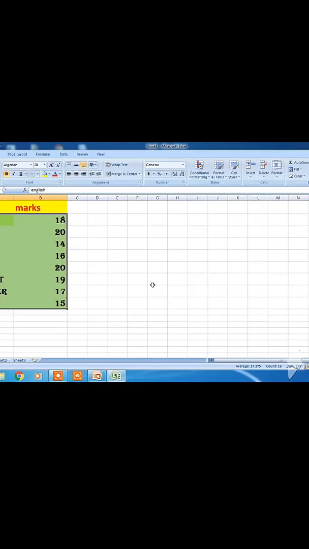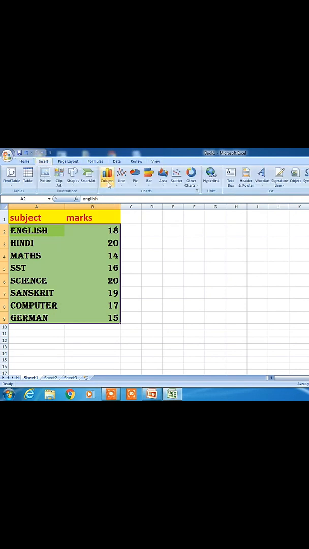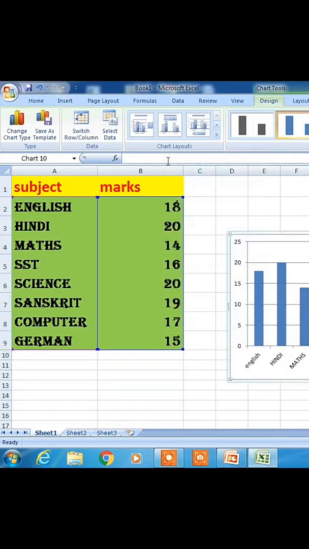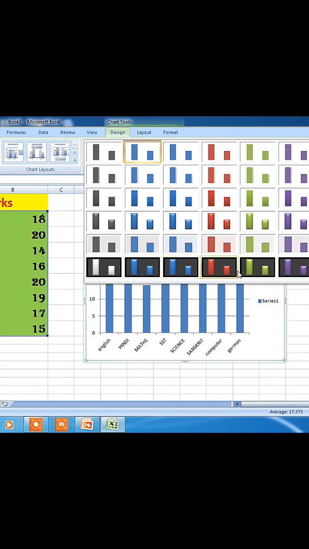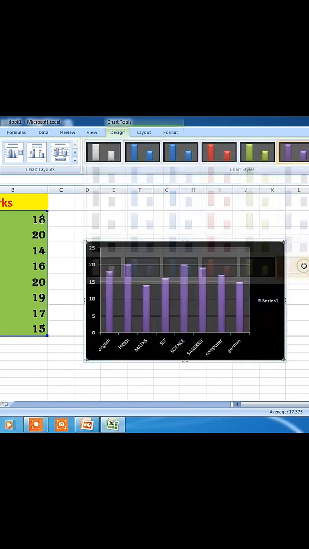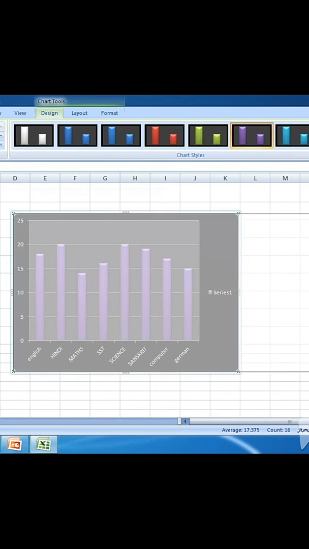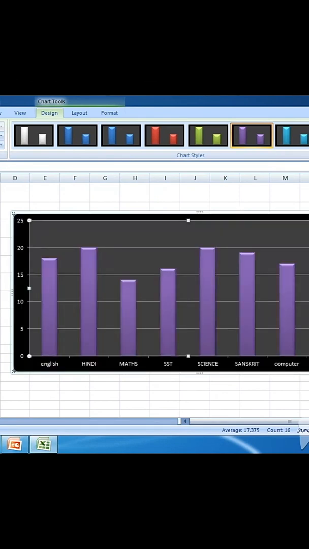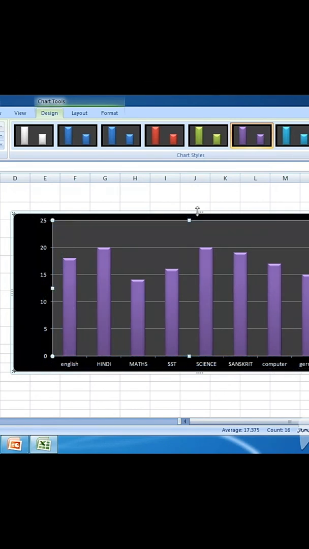Fine, let's begin. You can see here data is there. Again the same data I have taken, subject and marks, but I have added computer and German marks also. A student has got these marks. You go to the insert tab and in column select this. Okay, these things we have done in the design tab till now. I am selecting some different kind of design in this. Just a formatting I am doing. You are getting what I am doing? You please do these things if you get the opportunity to work on the system, right? I am just doing the formatting, nothing more than that.